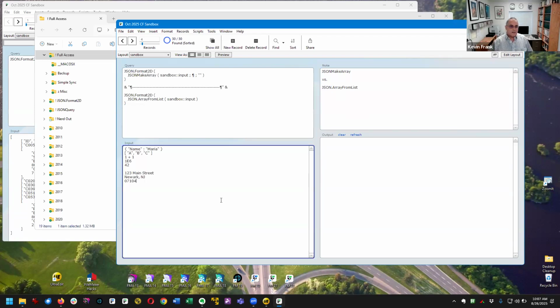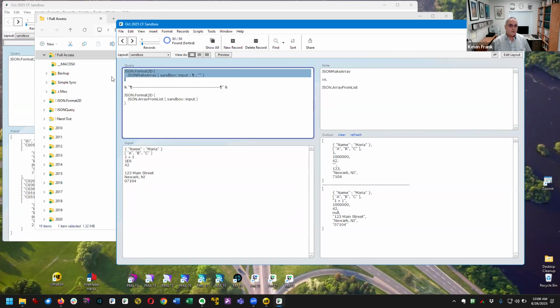So what I did was I'm taking this input here, and notice on the first line we have an object, on the second line we have an array, then we have a 1 plus 1, which I guess we could argue is a text string. We have a number expressed in scientific notation. We have a normal number. We have an empty row. We have an address, 123 Main Street. We start 3 lines of an address, and we have a zip code that starts with a 0. So I'm going to click refresh, and what we're seeing at the top is what